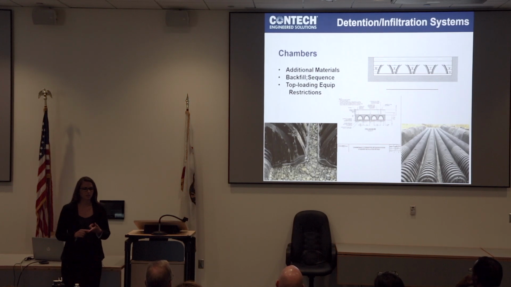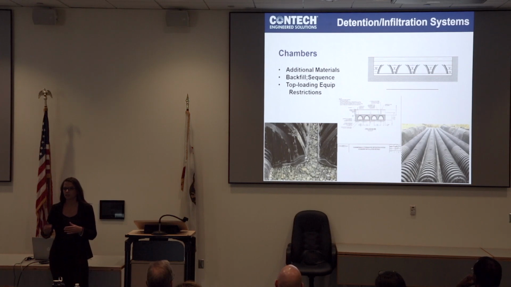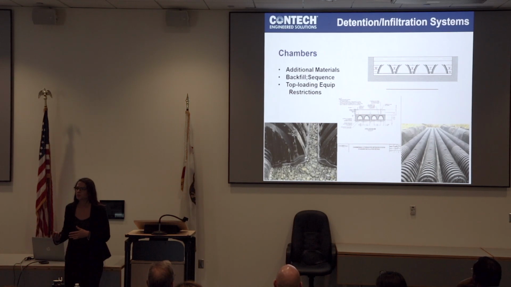Moving on to the backfill sequence for chamber systems, you're going to start with even lifts distributed across about 6 to 8 inches high. You want to be very careful you're not overloading one side of the chamber at a time. That can push these lightweight chambers and misalign your whole system. So as you're going across even 6 to 8 inch lifts, for top loading restrictions, you can't even get on